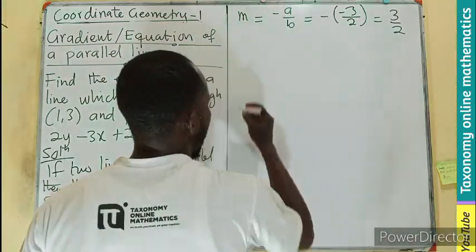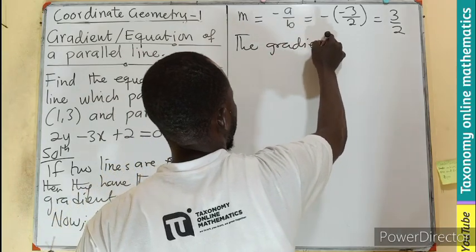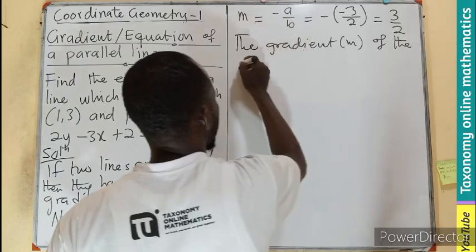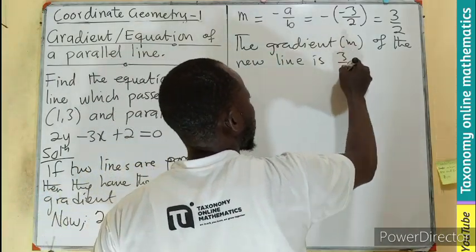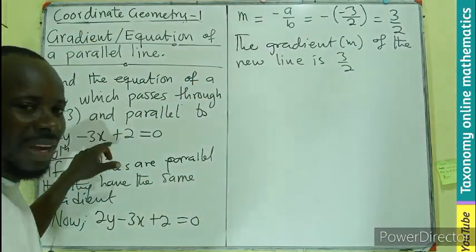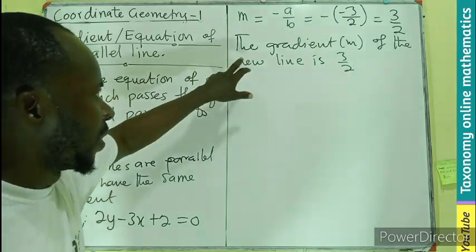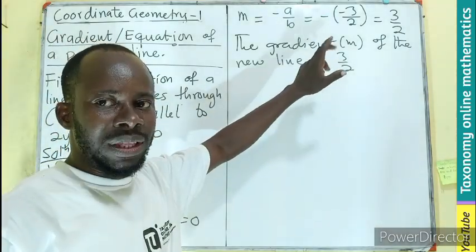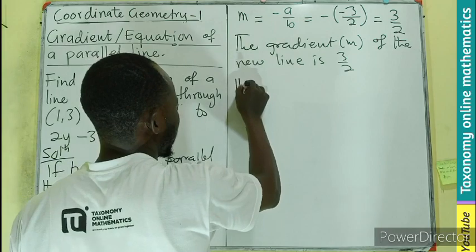All right. So now we can say that this is the gradient of the line that we have been given, which is said to be parallel to the line that we are looking for. Therefore, the gradient of the new line is going to be 3 over 2. They have the same gradient. Therefore,